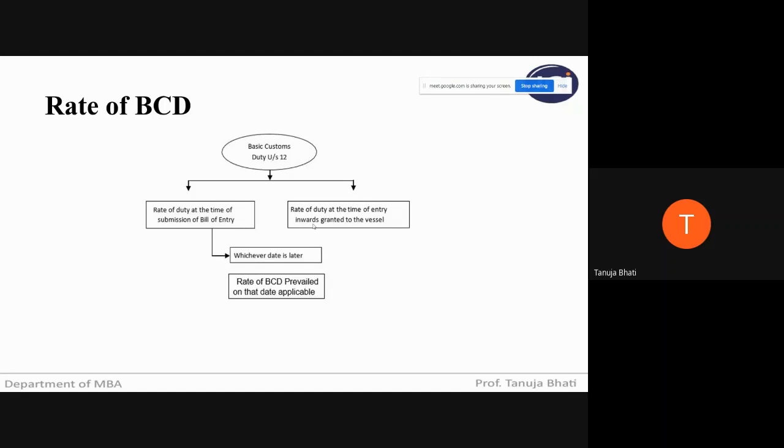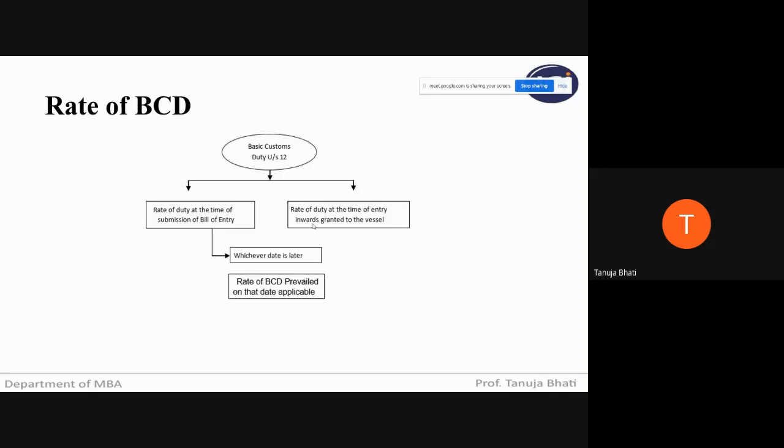No vessel will be allowed to reach the Indian port unless a clearance or an inward signal is given by the officer to the concerned person in the transport, like in the ship. There has to be a signal given for the ship to enter the Indian port. So you have to check two things, whichever date is later, that date you have to take